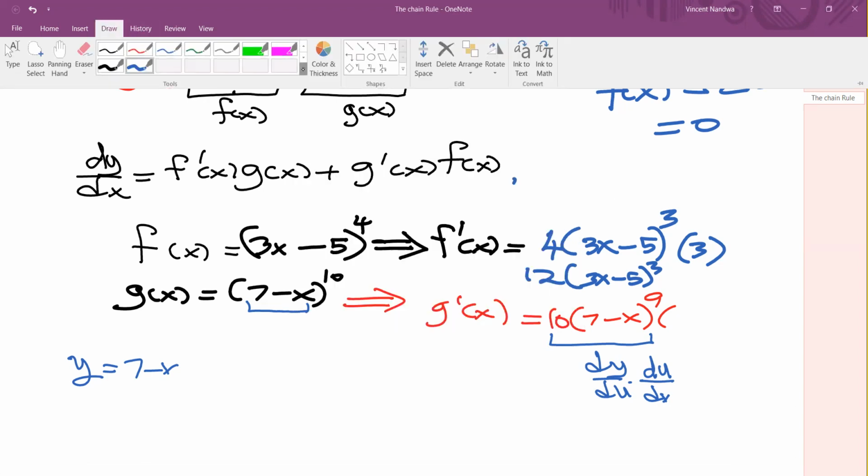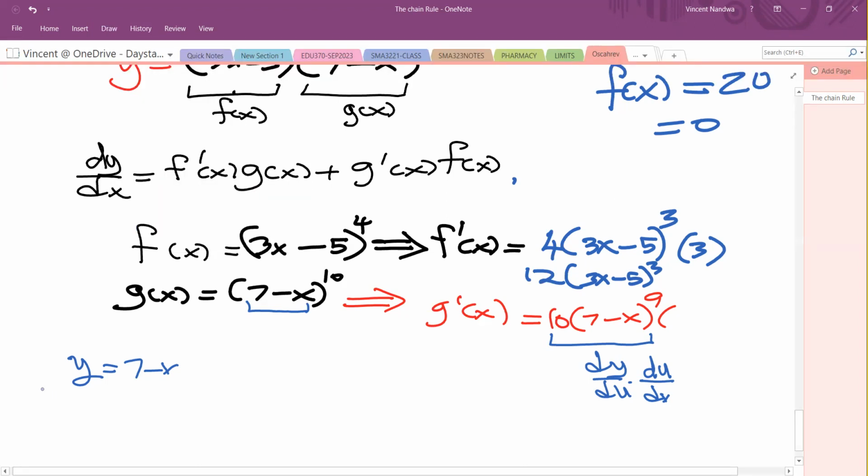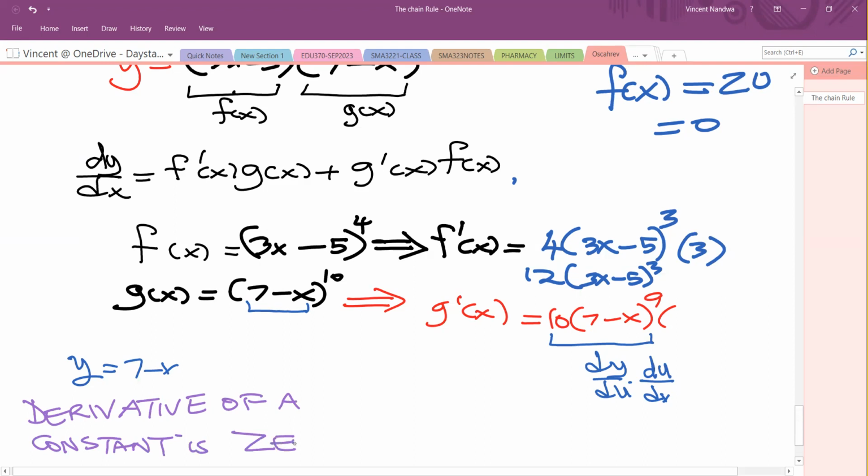So when I ask you to find the derivative of 7, I don't expect you to struggle. The answer is 0 because it's a constant. So the derivative of a constant is always 0. So then now dy dx of 7 is just 0. Now when you differentiate negative x,